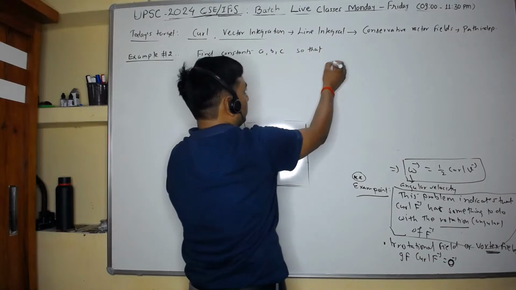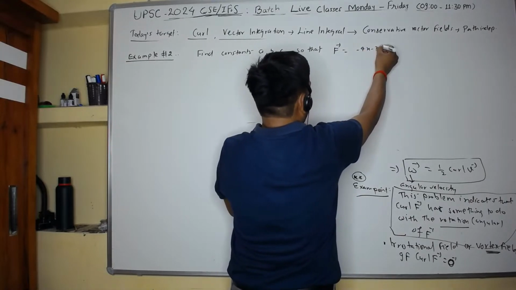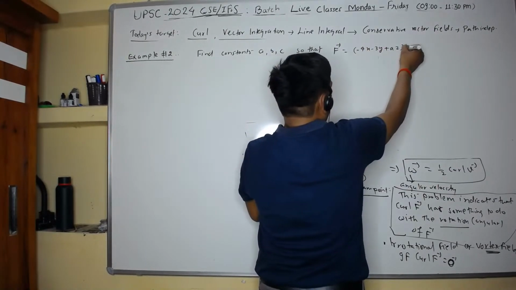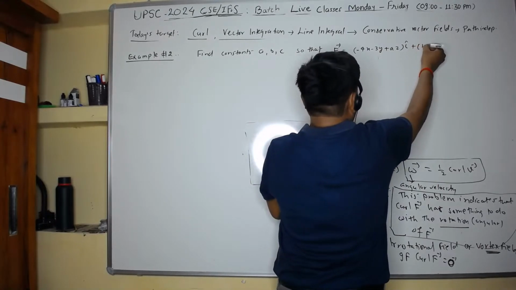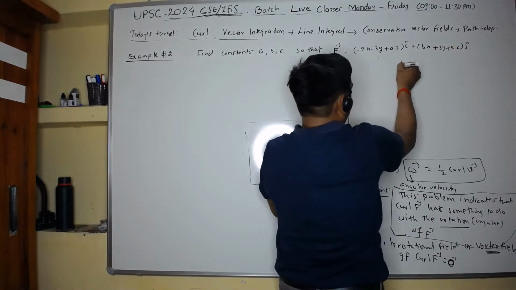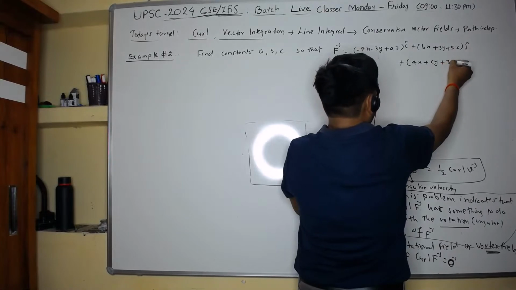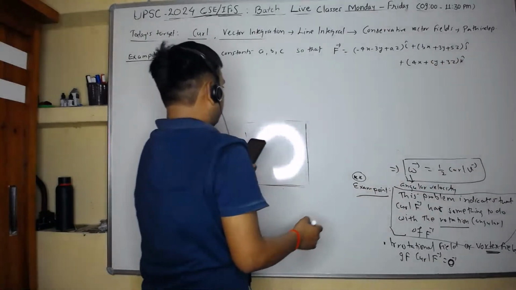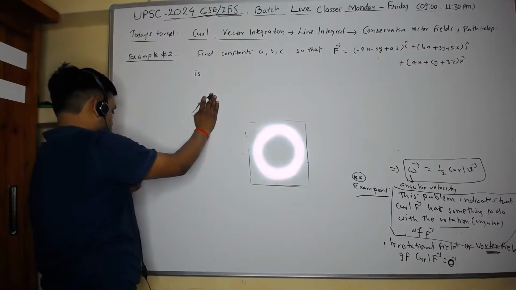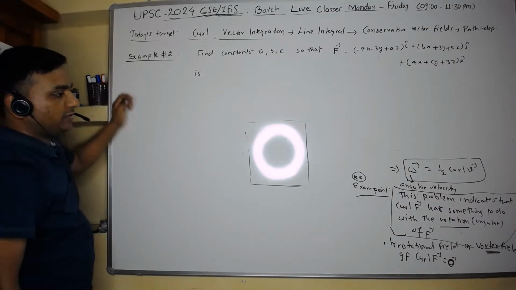so that f vector equals (minus 4x minus 3y plus az) I cap plus (bx plus 3y plus 5z) j cap plus (4x plus cy plus 3z) k cap is not a vortex. अच्छा, अरे यार, vortex तो होगा